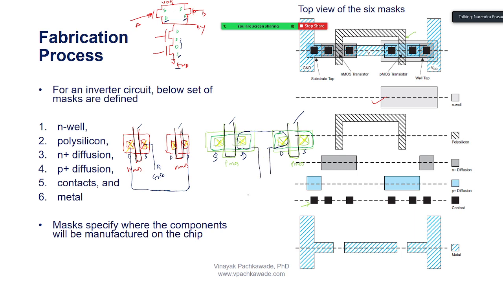Sir, in the inverter, gate to gate is connected with poly, sir. Yeah, but then you will have to connect the metal with the poly also. No, like why gate to gate is connected with poly and source to source, drain to drain is connected with metal in the inverter. Okay, right here, right? Okay. Yeah, because the gate, we know that the structure that we say that it is